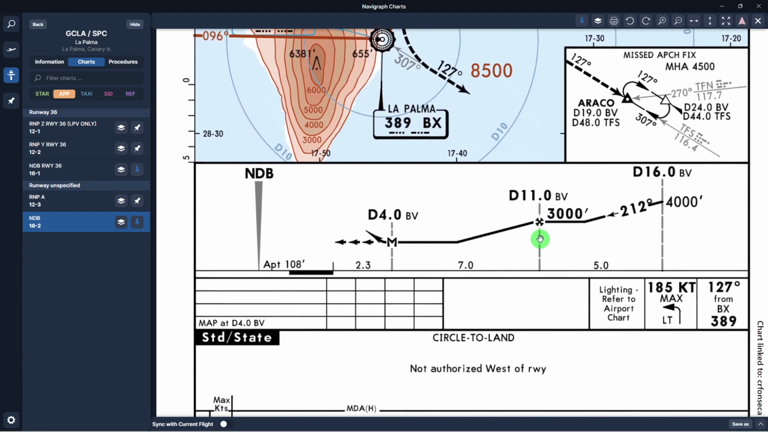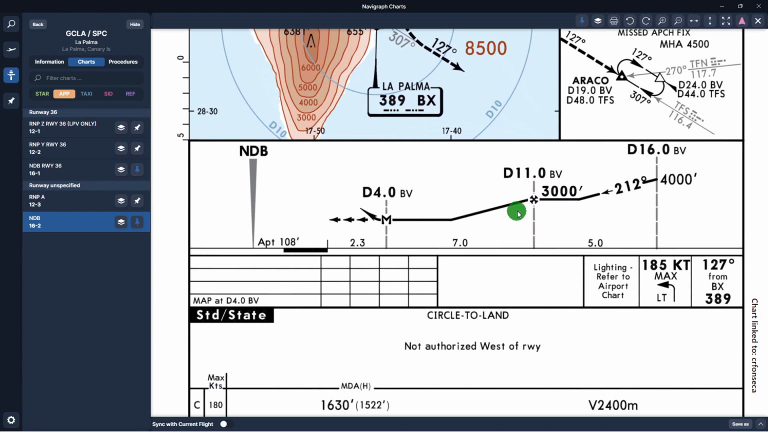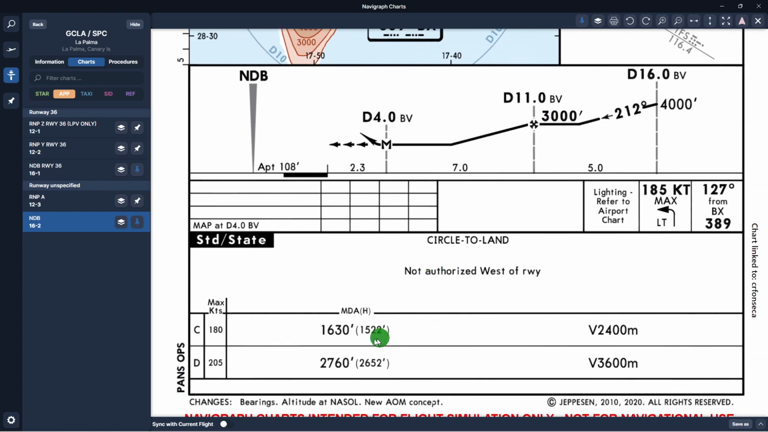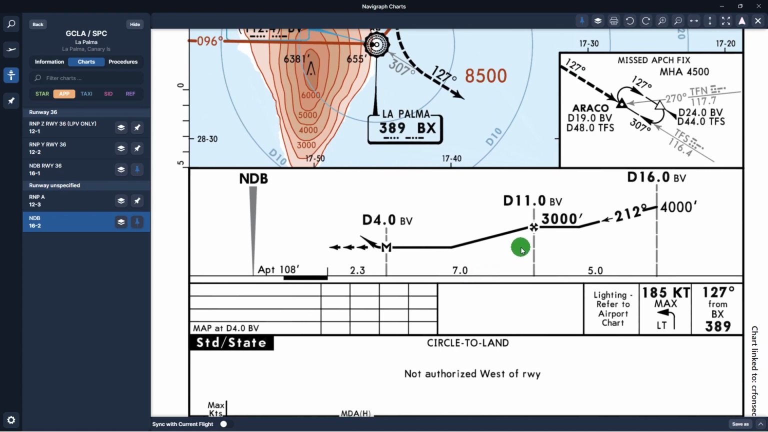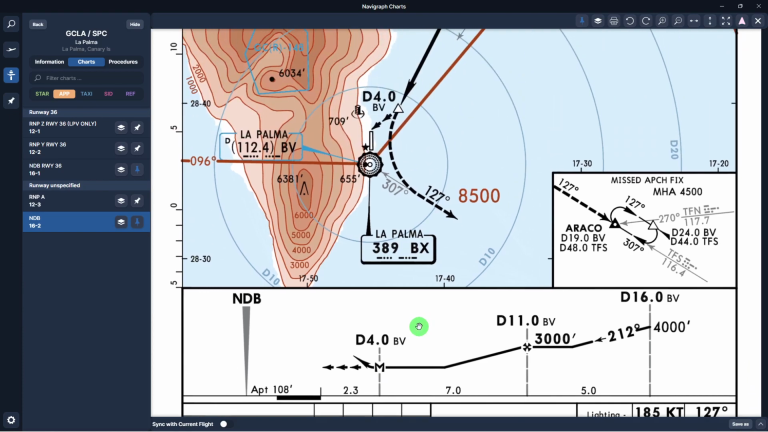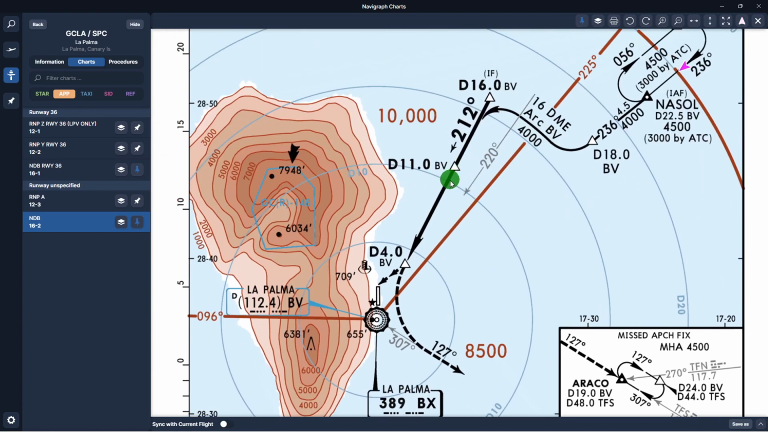Note here that there is no rate of descent, so you have to judge yourself. You have 7 miles to descend, let's call it 1,400 feet. Even the procedure is telling you to descend as soon as you can and then level off at the MDA and try to look for the airport while you are leveled off at this MDA. So you come down from 11 miles to this 1,630 and then you level off and you start looking for